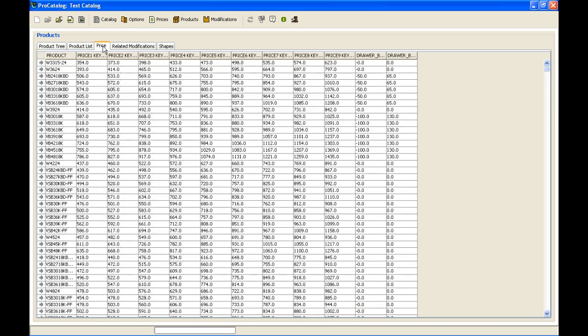Our next tab is our price. This imported over as well. We have the price for each cabinet under each price